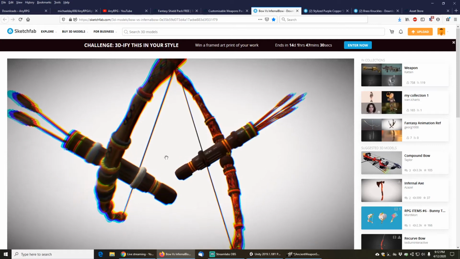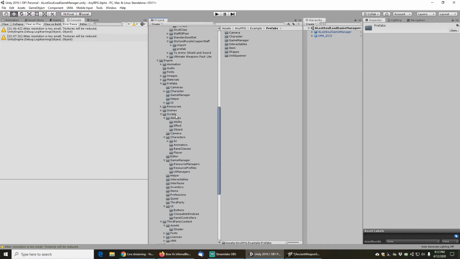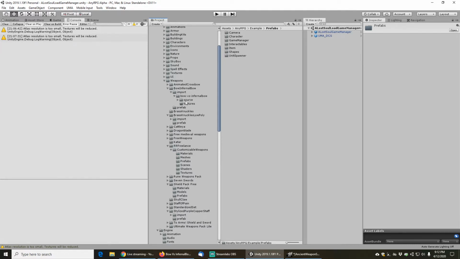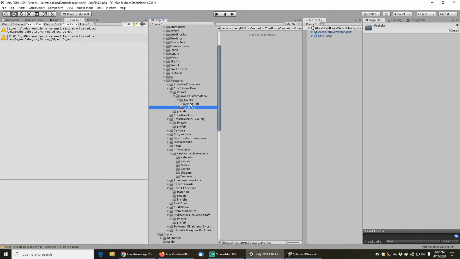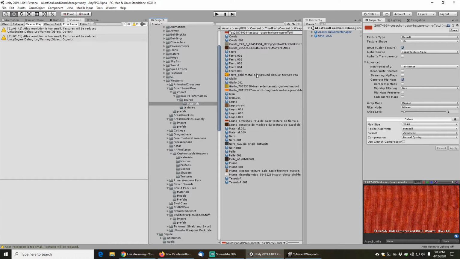So this set actually takes a little bit to import and mess around with, and I'm just going to quickly give you some suggestions on it in case you want to use this set yourself. What I had to do is spend a while with the materials because the materials don't come applied to the item. So in the bow versus InfernalBow here, I just moved all the textures into the materials folder once I extracted the materials from the item, and I have renamed these textures here to basically match